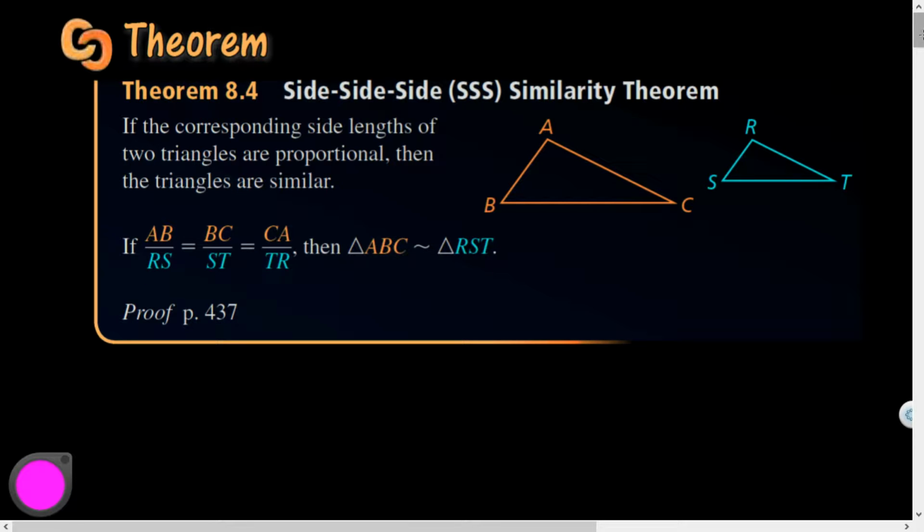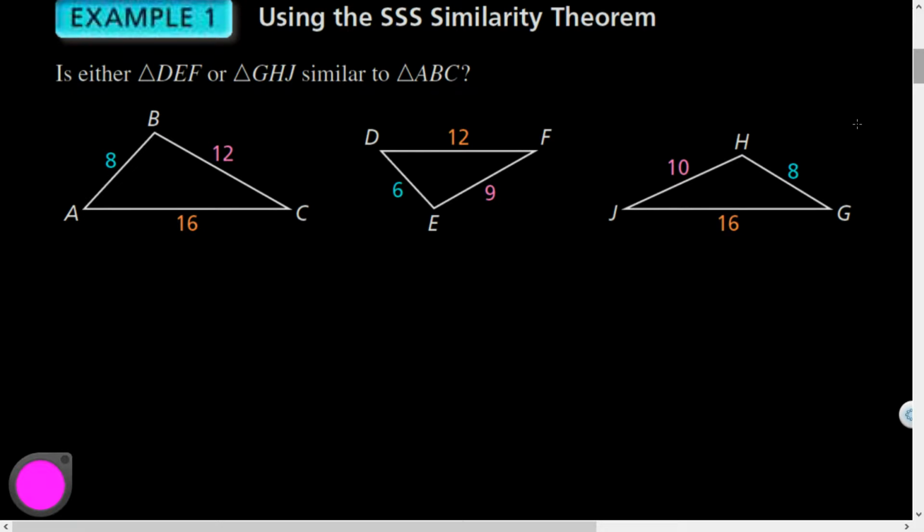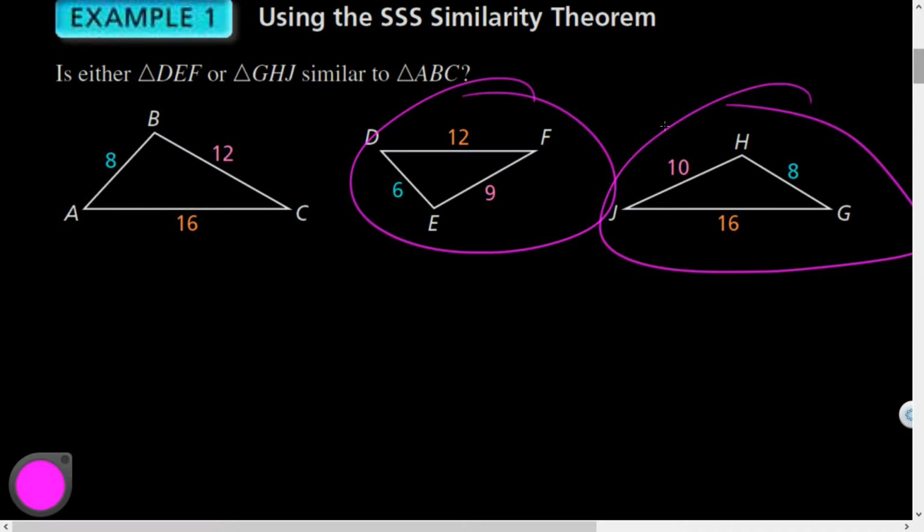That's good. Do you believe it? Does that feel true? That feels true. If you don't believe it, page 437 apparently has a proof. Let's see, here we go. All right, is either triangle DEF or triangle JJ